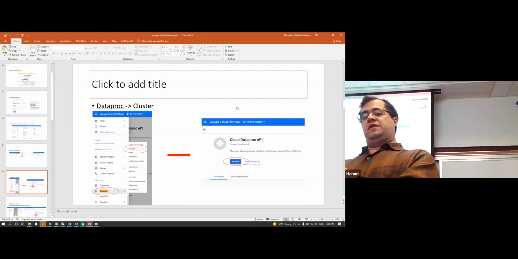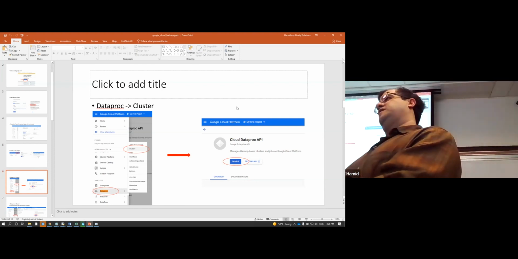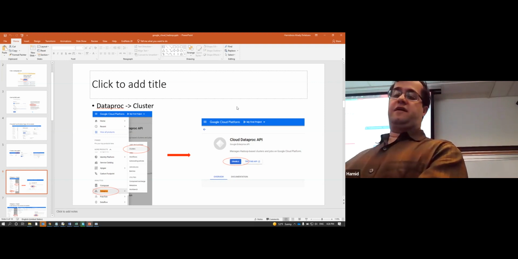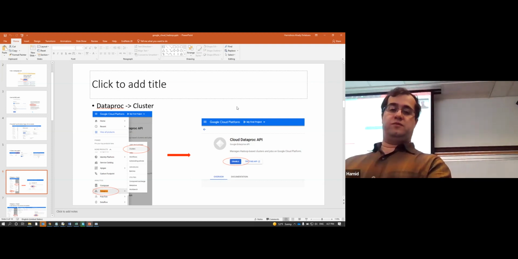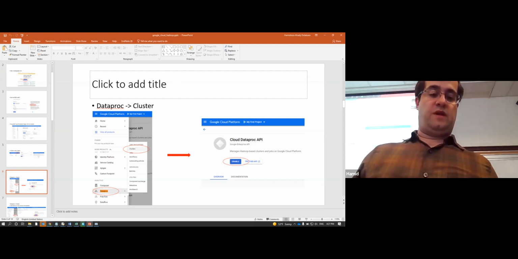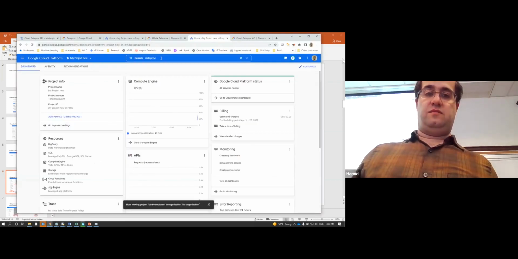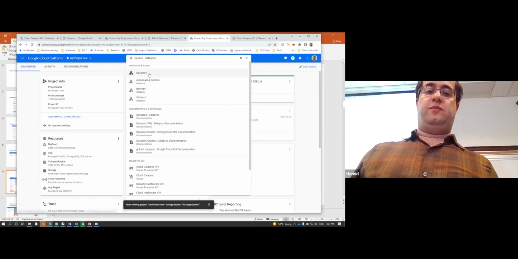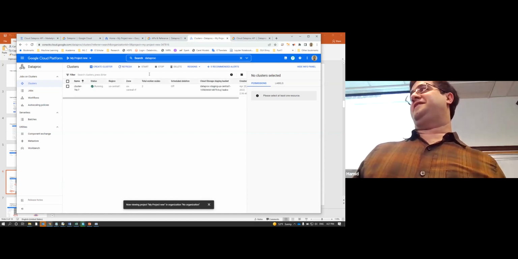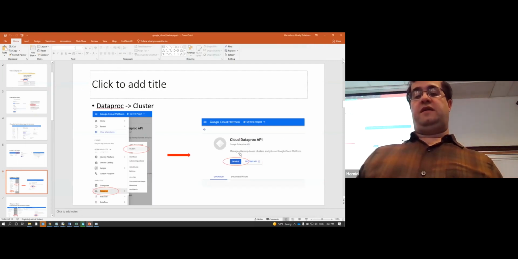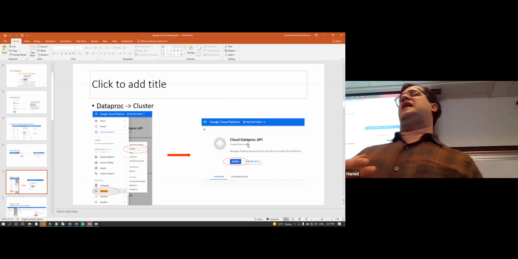Also, the Hadoop cluster that we are going to work with is under the Cloud Dataproc API, so you need to make it available. How to do that: click on Dataproc. I already activated it, so you don't see anything, but if you see such a thing, just click on enable. If you click on enable, later on you have access to